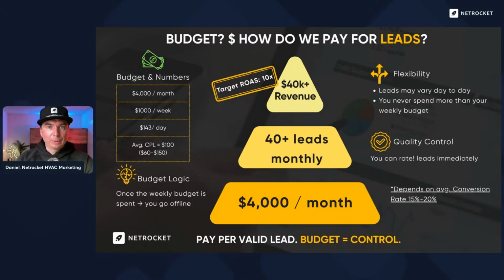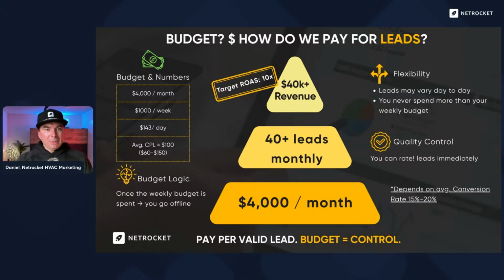So let's go further. How to budget? How do we pay for leads? I told you already that we pay for leads. We set up the budget which we want to pay for each lead, or we can maximize the lead bid, and we set up the weekly budget. The budget is used weekly, but the limit is monthly. So if you see that your campaign is spending more this week than your weekly limit, this is okay. This is how Google does this.